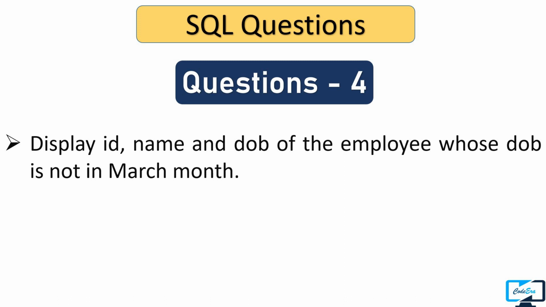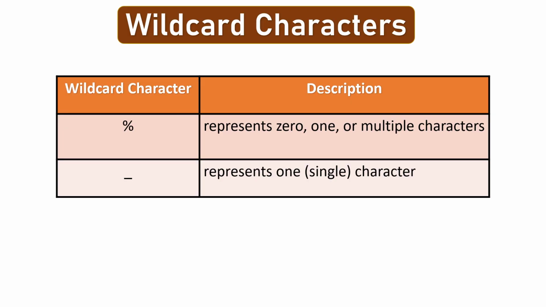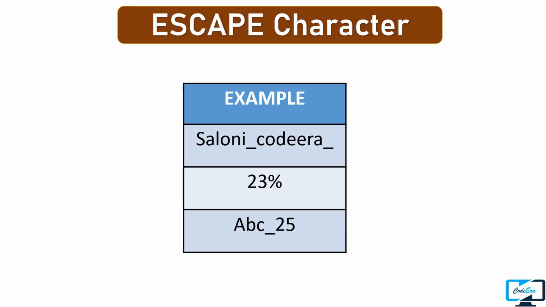And here is one more topic I would like to discuss, which is escape character. So guys, as of now we know that there are two wildcard characters, that is % and underscore, that we use to make the search pattern. But what if we want to search % or underscore itself in a field using like operator? So for example, we want to search these strings. So it is not possible to do so because the like operator will consider the % and underscore as wildcard characters. So to deal with such cases, we have to use the escape characters.